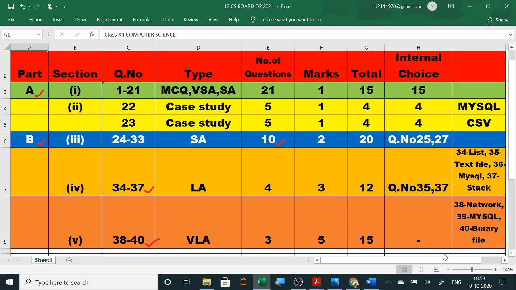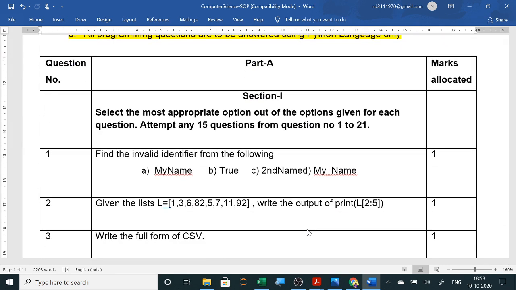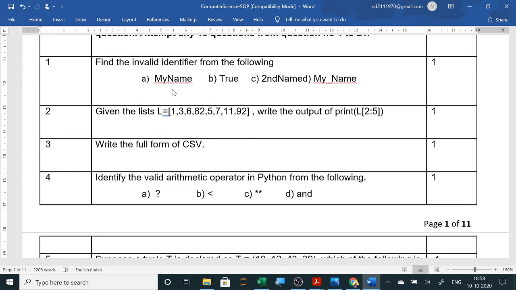So you go through the question paper. Now this is our question paper here. You can see the question paper, like here invalid identifier. Already these types of questions we have solved. So we will solve all the questions. I am just showing today the pattern of the question paper and how to start preparing for our exams. Then each and every topic we will take each day, and I will prepare the videos for each and every topic so that we can prepare nicely for each and every topic.